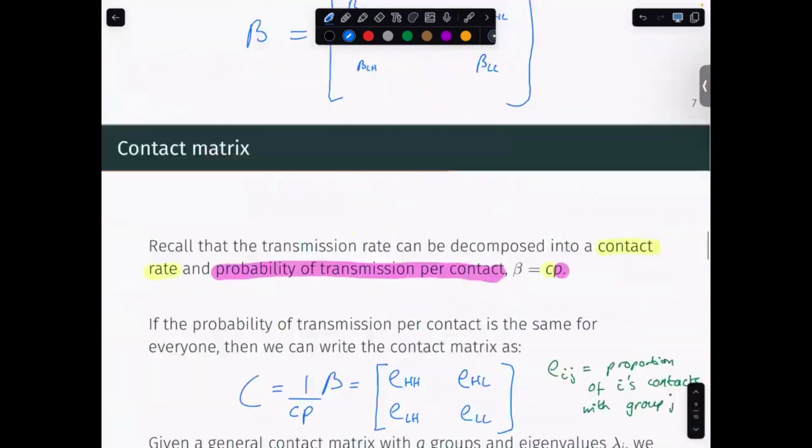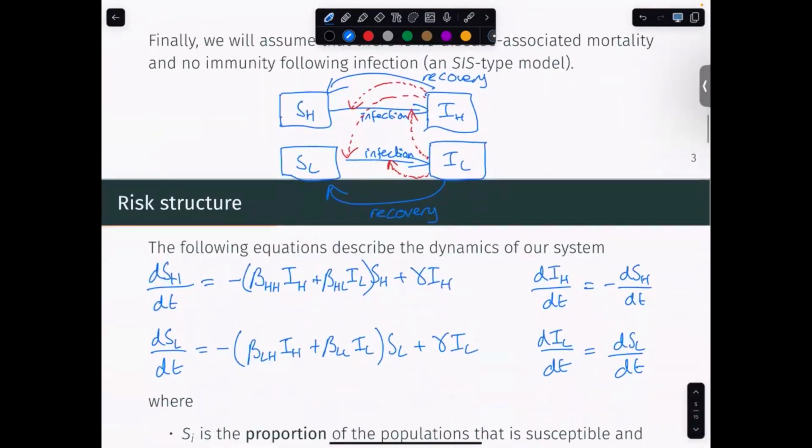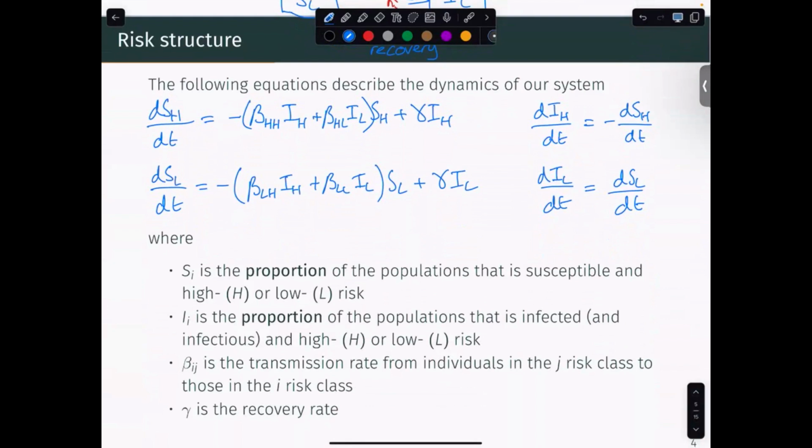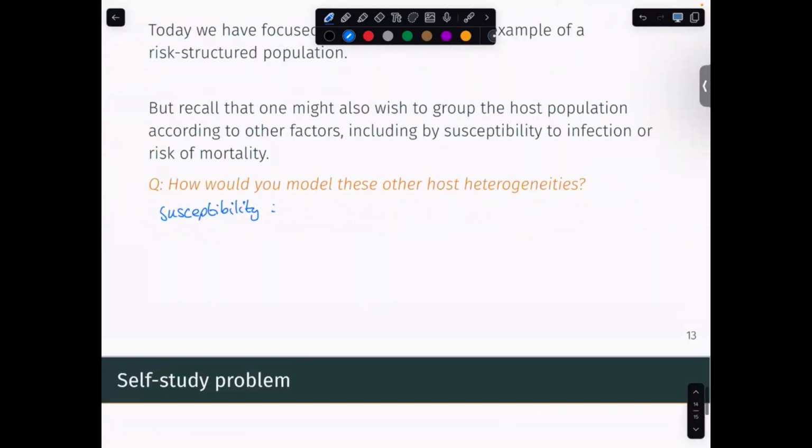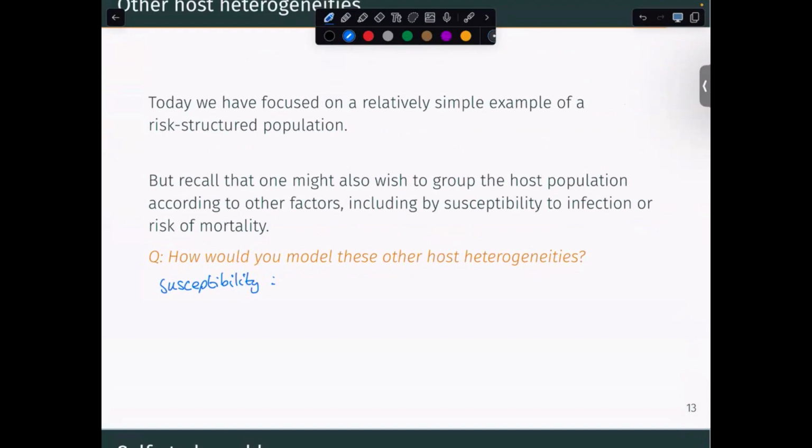So if we go all the way back to our model here, this beta term is telling us, okay, what is the rate at which these susceptible high-risk individuals are becoming infected? And it encapsulates things like the probability of transmission, as well as contact rates, transmission from high-risk individuals, susceptibility of those high-risk individuals as well. So one way we could break this down is if we instead assumed, unlike we did here, where we assumed there was a contact rate that was varying, if instead our contact rate was fixed, so say it was just equal to some constant C0,